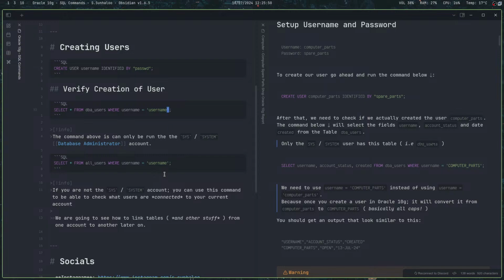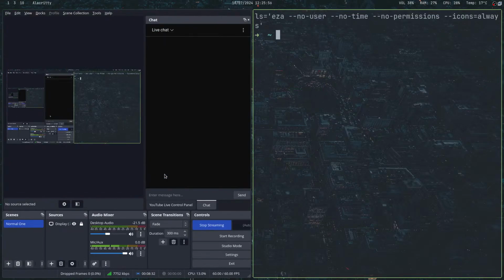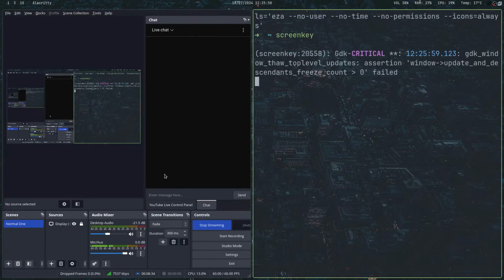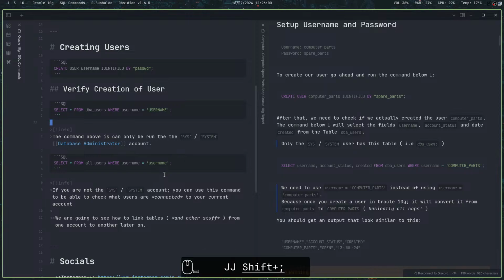V shift U. I need to add do. I need to do screen key, and then you can see. Then